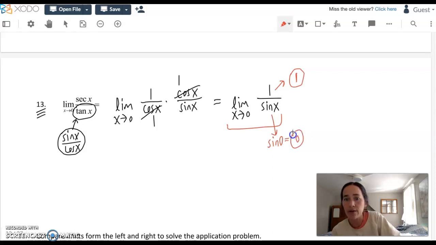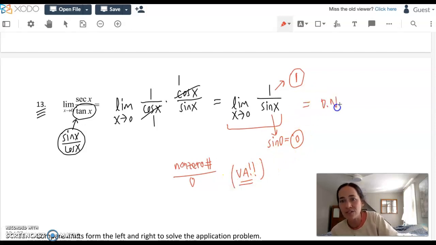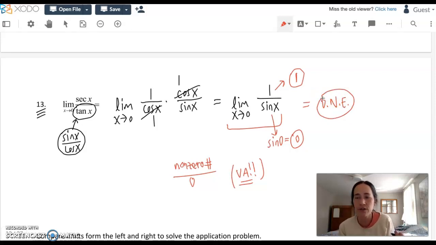I agree with you there. We got to think back. This is the perfect time to review. Anytime a plug-in gives you a non-zero value, so non-zero number divided by 0, what was the easy solution? There is a VA happening here. So because we're getting 1 over 0, which is a non-zero over 0, I'm going to put the easy answer of DNE, and I can predict that there won't be a limit here. You might be able to give a one-sided positive or negative infinity, but there's going to be a vertical asymptote